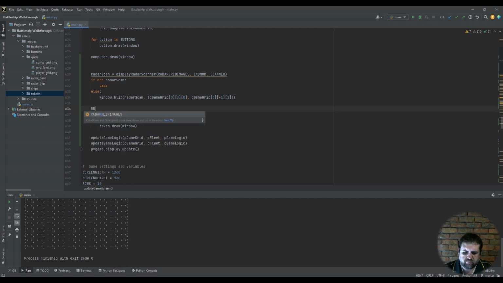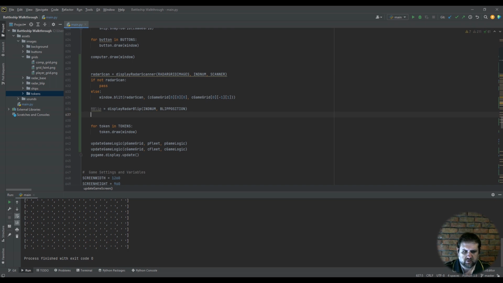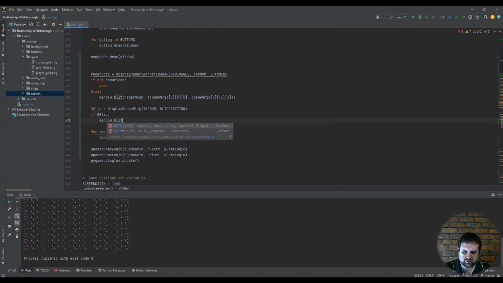So our blip is going to be equal to radar display radar blip, int num, and our blip position. Right. If our blip is true, window.blit